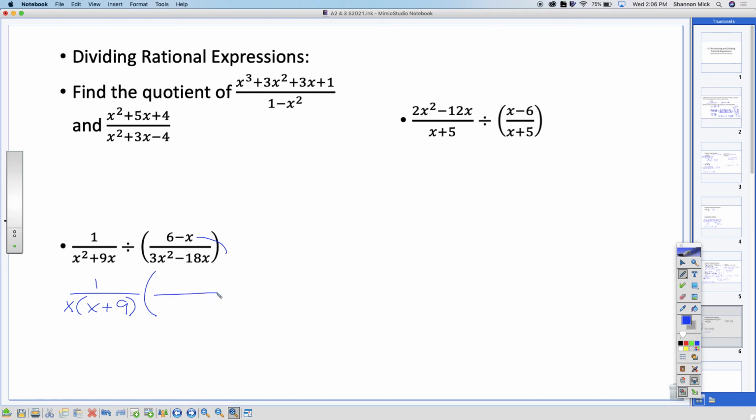Can I factor 6 minus x? No. Okay. What about 3x squared minus 18x? A 3x. So if I take out a 3x,